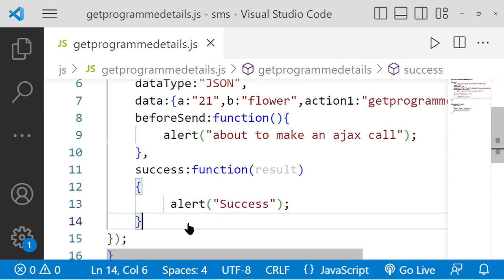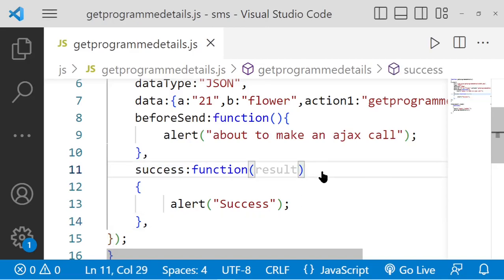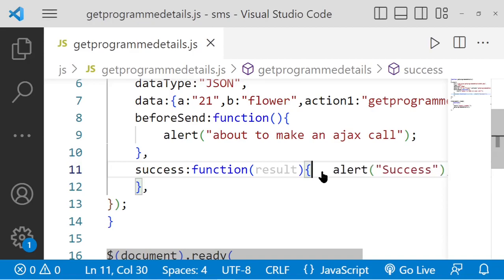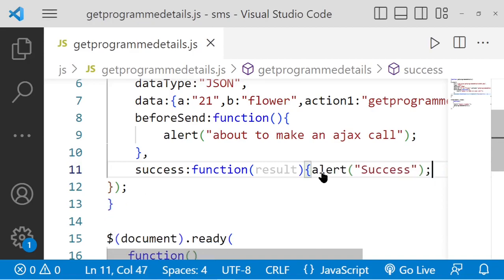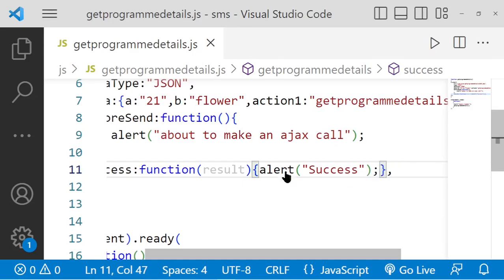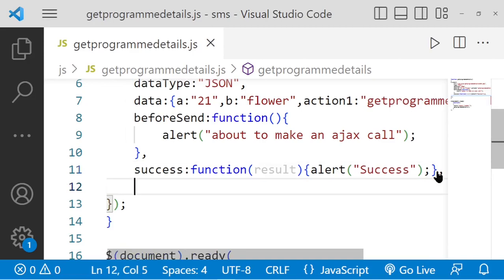And another one, the last key value pair. You have to put a comma here, because this is a key and this is a value. You could have written everything in the same line, but I'm going to write it in a different line just to show you that it's a key value pair. Success is the key and this part is the value against that key, and this comma is coming because of the syntax of the JSON object. This is one key value pair specified,